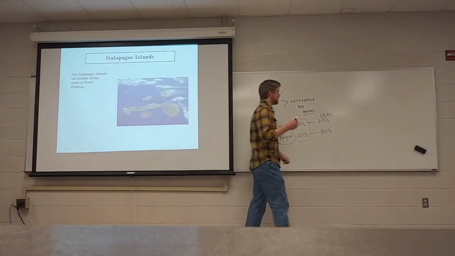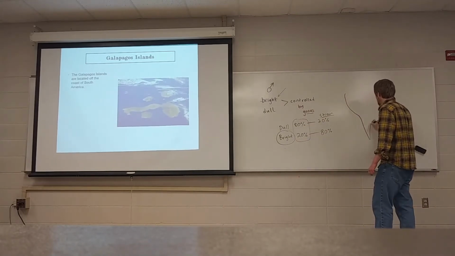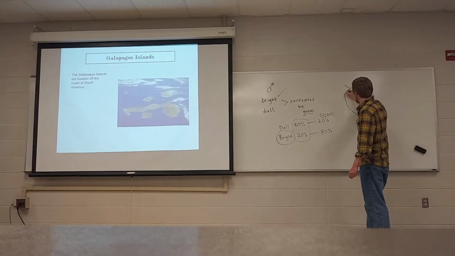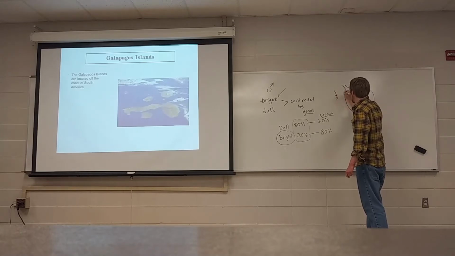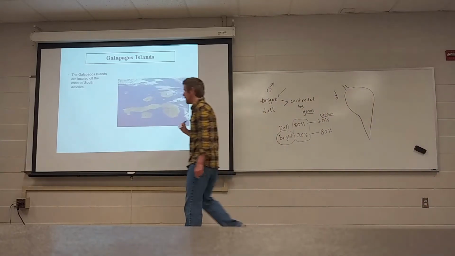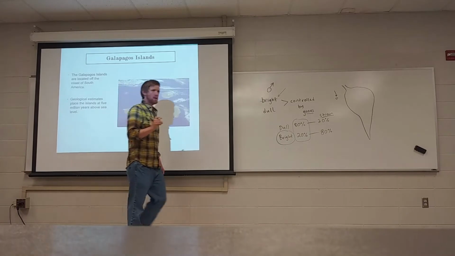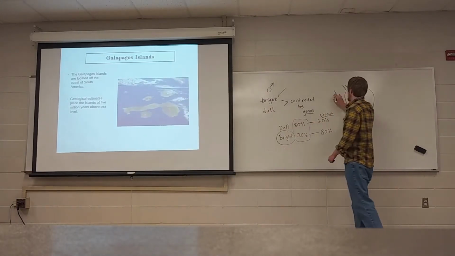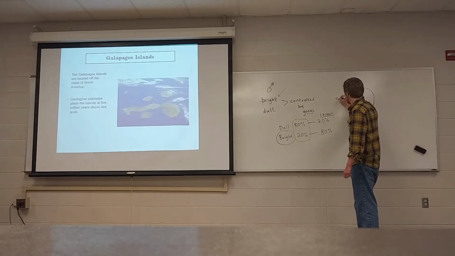So I'm going to draw an absolutely horrendous drawing of South America here. Okay, so there is South America. The Galapagos Islands are roughly over here, off the coast of Ecuador. Current geological estimates place the age of the Galapagos Islands, at least how long they've been above sea level, at roughly 5 million years, which means within the past 5 million years, land-based organisms could have colonized from the South American mainland.